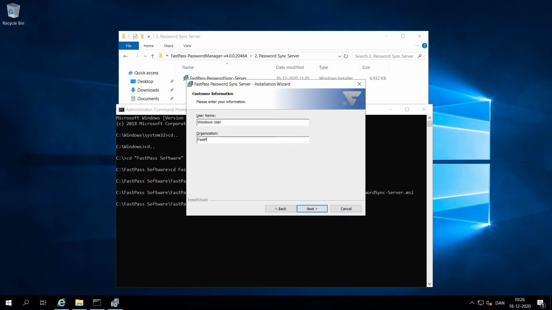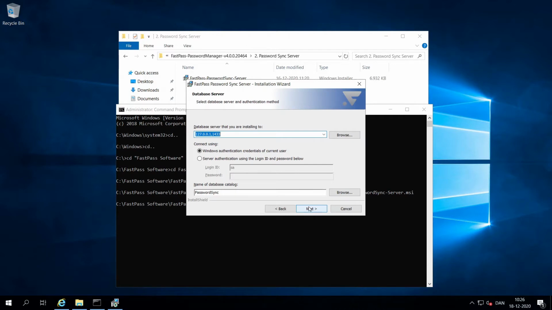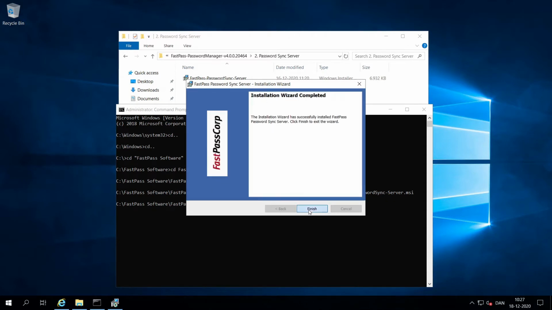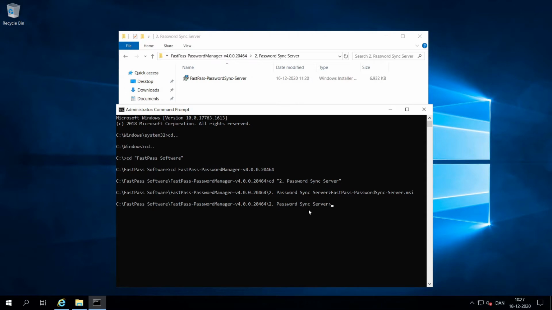There you'll need to point to your SQL server. By default, the component will install the database password sync and named password sync. You can change this, but you'll need to know that then you'll need to change the connector when you install the interceptor component. So please leave it default. You'll need the username and password for the SQL server, and that's about it. The installation of the synchronization component is done,